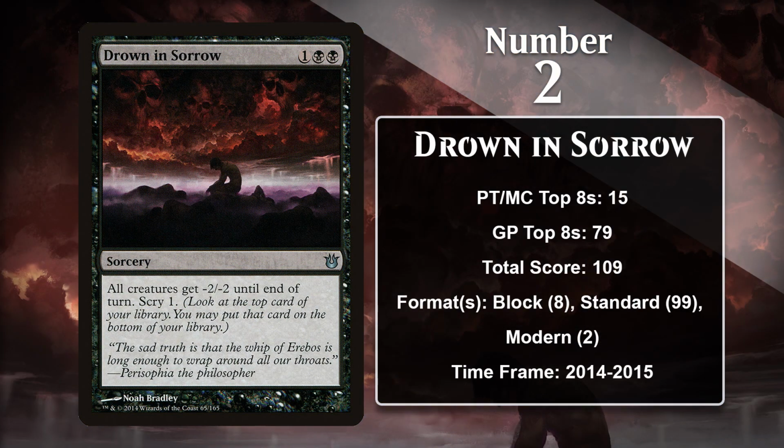At number 2, we have Drown in Sorrow, a board sweeper that scries. This is the kind of card control players love because it allows them to really hamstring aggro decks. Drown in Sorrow probably would have seen play if it didn't scry, but the fact that it does is a nice bonus. Sometimes, by the time you Drown in Sorrow, you're at low life, and you're desperate to draw a land drop that lets you get out your finisher, or maybe you need a removal spell, and Drown in Sorrow